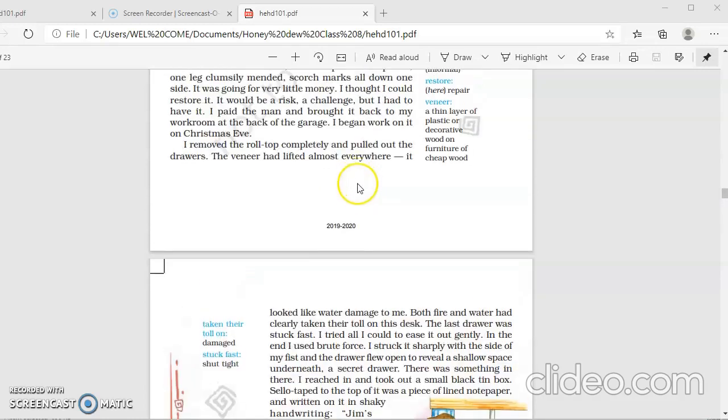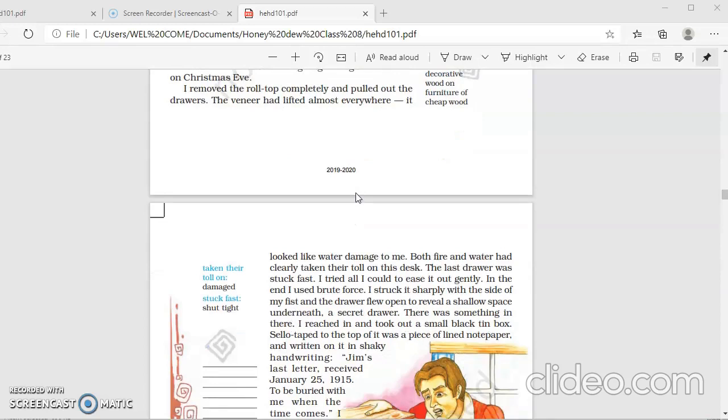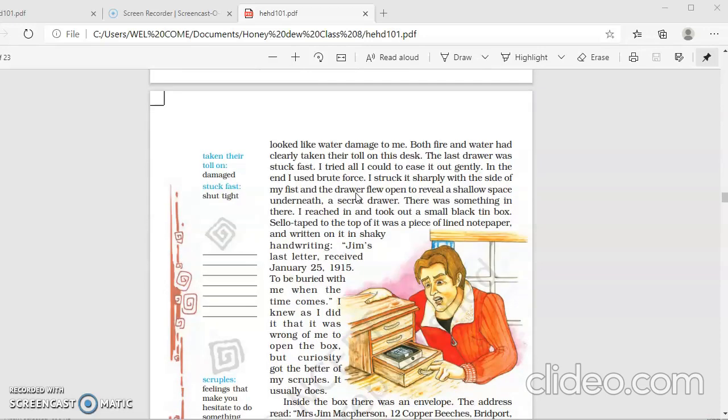The veneer, that is a thin layer of plastic or a decorative wood that is made on the furniture, was almost lifted everywhere, meaning it was damaged, and it appeared like water and fire both had damaged the top of the desk. Now he started pulling the drawers, and the last drawer was very badly stuck. So he had to use a lot of brute force, rough force, in order to take it out. He used his fist, and then the drawer finally opened, and there he could see there was a secret drawer,